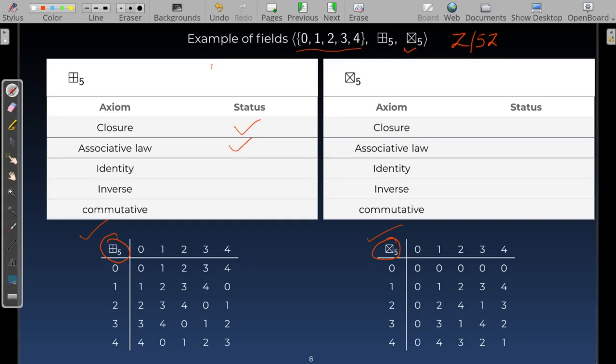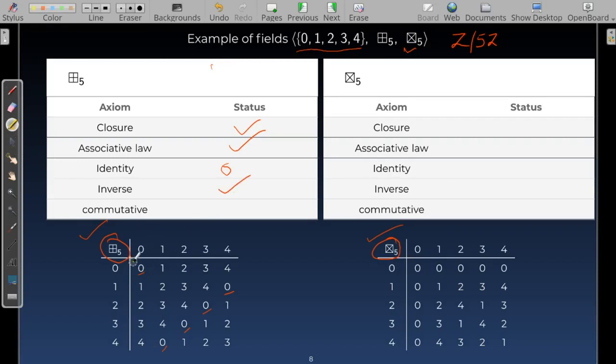Apart from that, it is also going to satisfy associative law. The identity element with respect to modulo 5 addition is 0, and since 0 exists in each and every row or each and every column, you can say that an inverse exists for each and every element. So inverse does exist for each and every element, and it is going to be commutative as well, because if